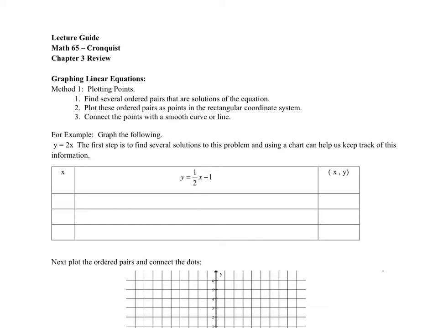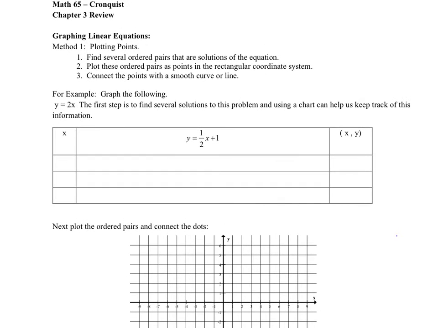All right, plotting points. Plotting points just merely means finding coordinates to plot. You need an x and a y for each term, a number of xy combinations. So if you're going to plot y equals 2x,